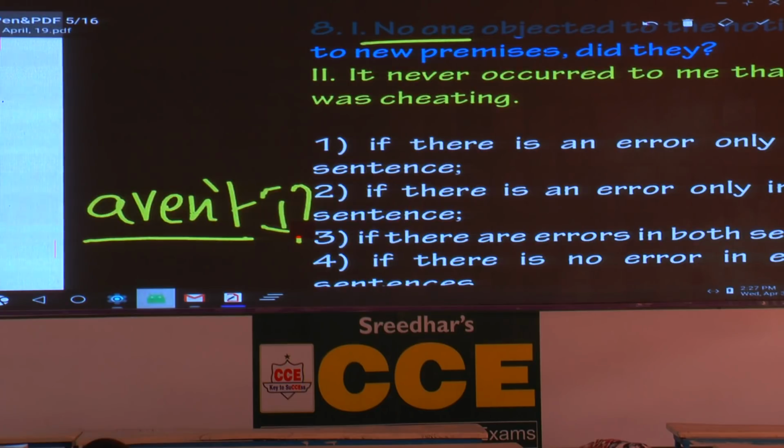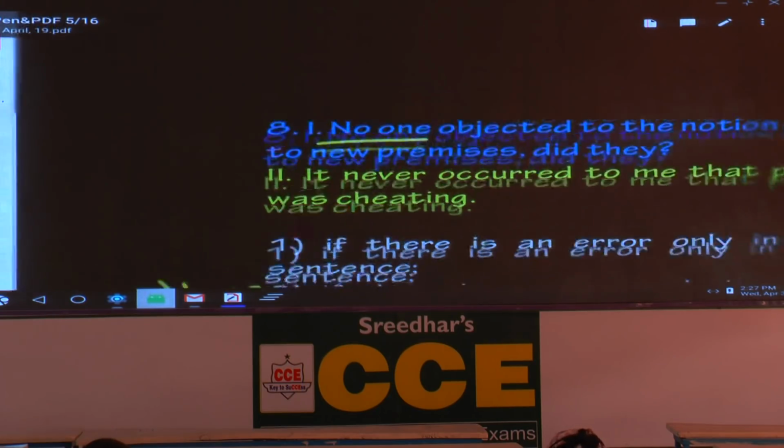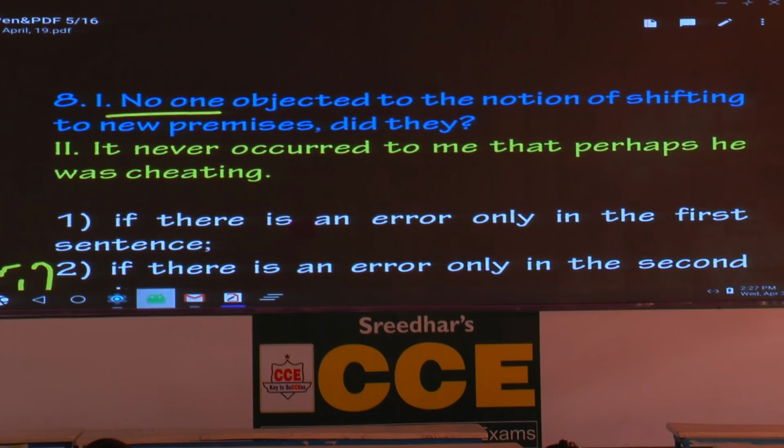Now we'll go to this sentence. What is the subject here? No one. And what is the pronoun you're supposed to use? I said they. So no error. And no one is a negative expression. In the tag, we should not use the word not. So this sentence is in which tense? No one objected to the notion, past tense. So we have to use the helping verb did. Clear? You want to write the rule or you can remember? You want to write? Please write the rule.